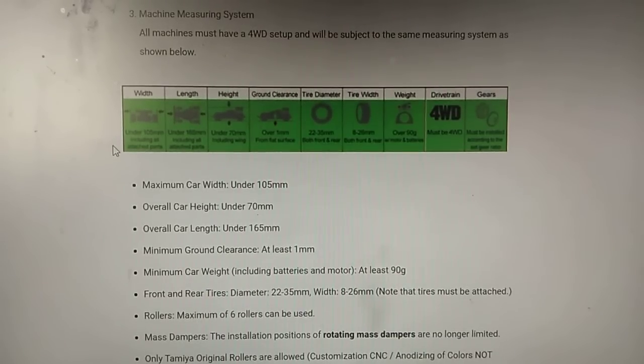Then, drivetrain, Mini4WD drive. Must be Mini4WD drive. Gear ratio must be installed according to the set gear ratio. So, similar to Pro Stock, whatever is allowed. The only thing not allowed is the